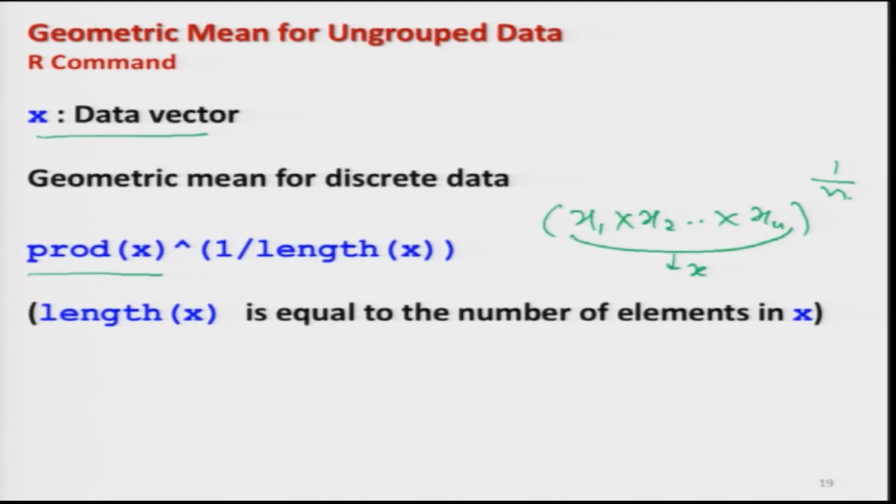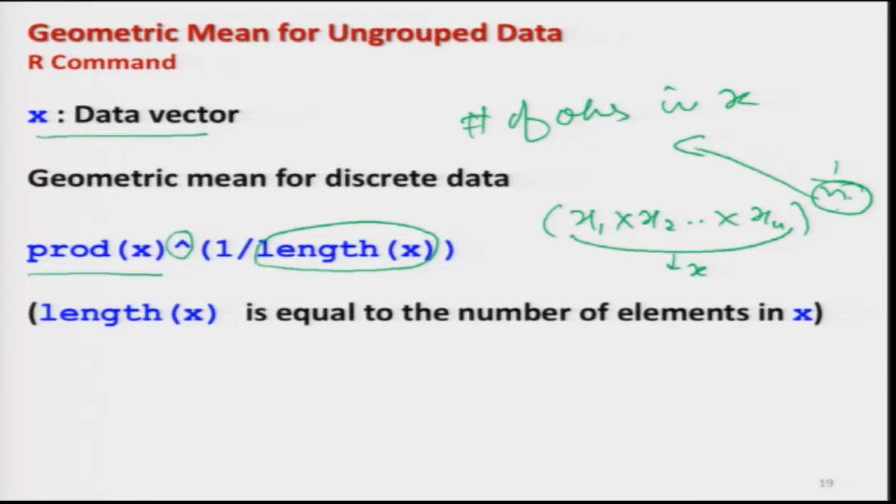And then for this power I am using the hat, and this n is the number of observations in x, which can be determined by length of x. So, this power can be written as hat and inside the bracket 1 upon length of x. So, this is pretty simple.